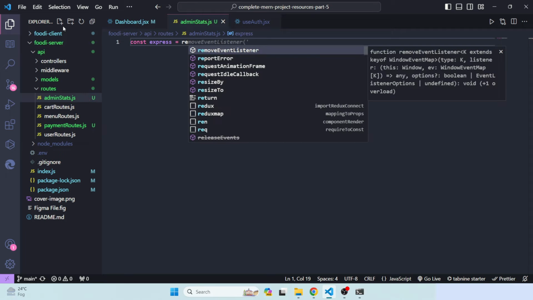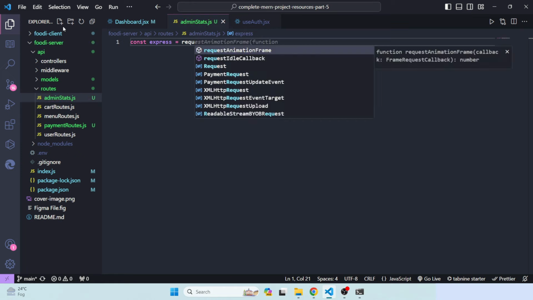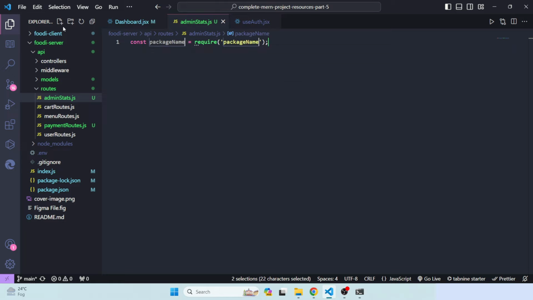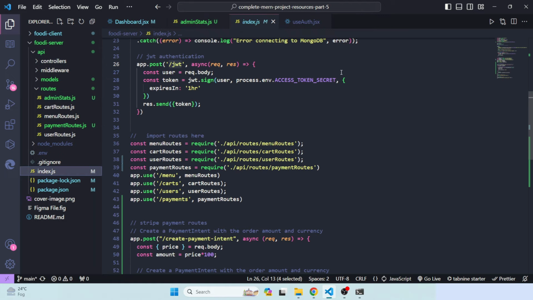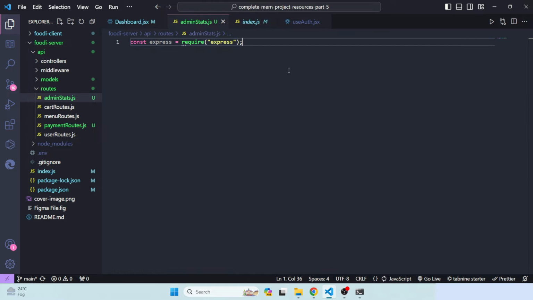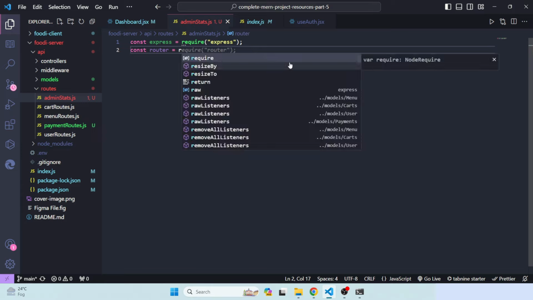Then we have to require, sorry, that would be, it's not require, package name express. You can copy, if it's not properly shown you can just copy it from your index.js. At the beginning we have require express, you can just copy and paste that. Okay, then we have to get router from express